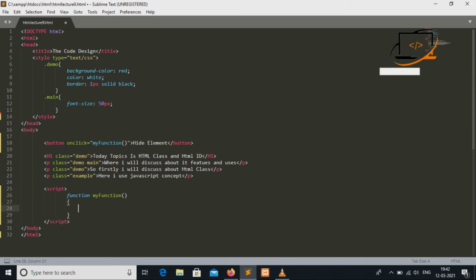Then curly braces should be given, and here var should be declared for a variable, and I am taking document dot getElementsByClassName, that is class name. I am giving an example.